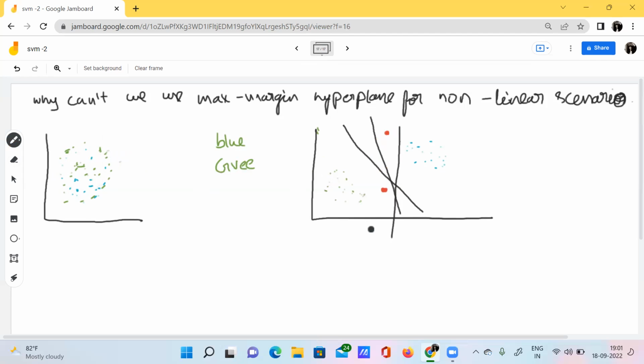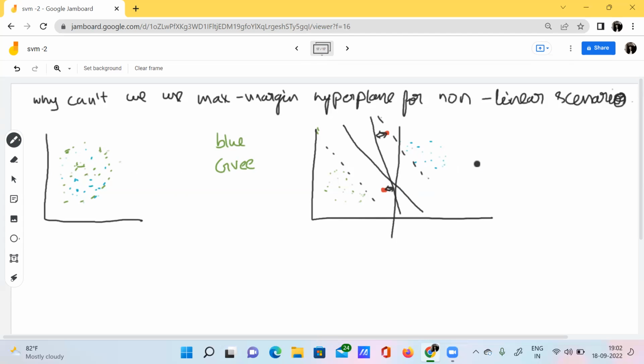See, what is actually happening is, earlier we had two categories and one single hyperplane, and the gap between each data point and this hyperplane was very far. So we had enough wide margins. But in this case, the margin itself is decreasing. See here, the margin itself is decreasing.